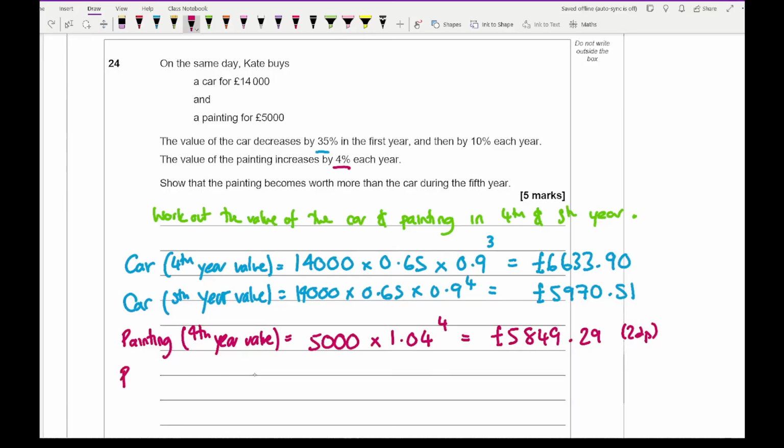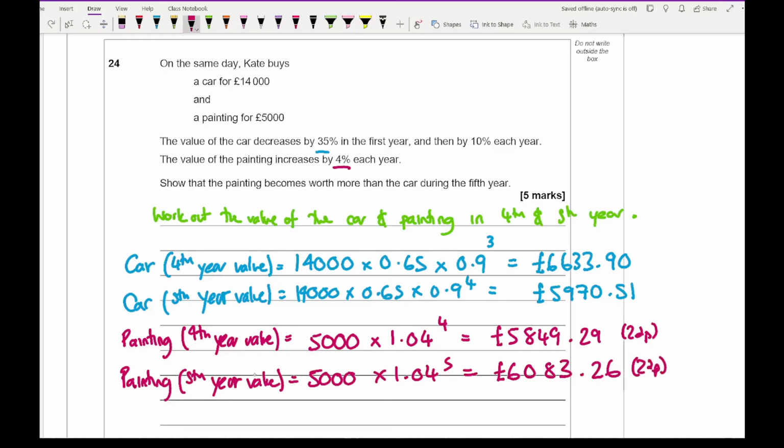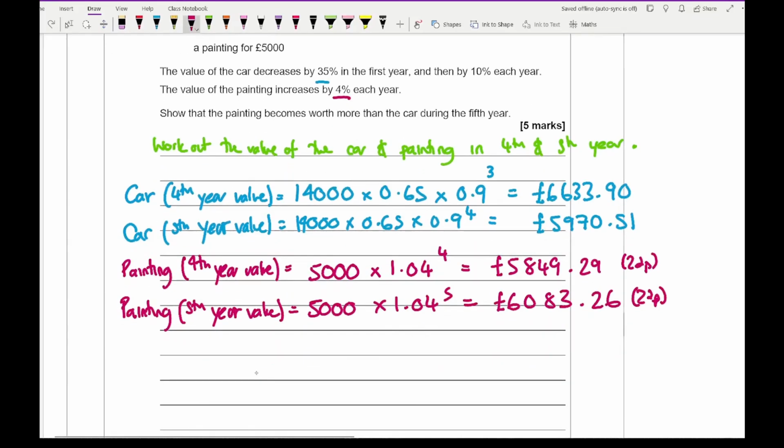Then if I work out the painting in the 5th year value, we're going to do 5,000 times 1.04 to the power of 5, and we get an answer of 6083.26, and that's to 2 decimal places. So as you can see, the value in the 5th year, so at the start